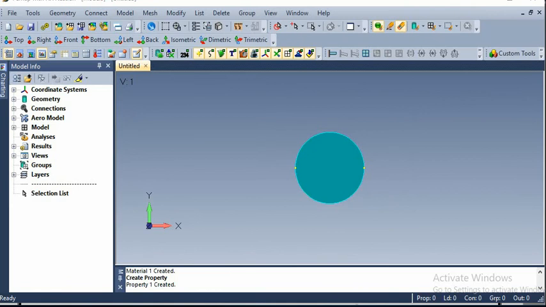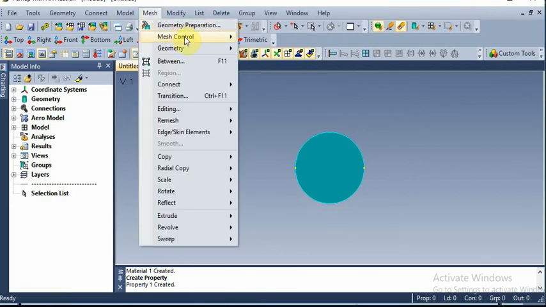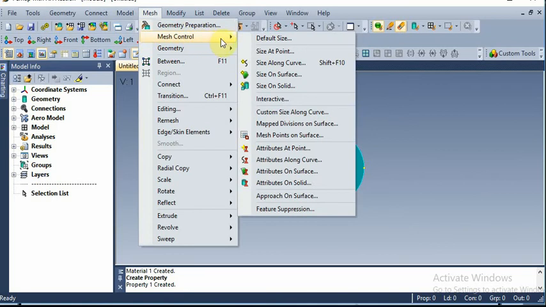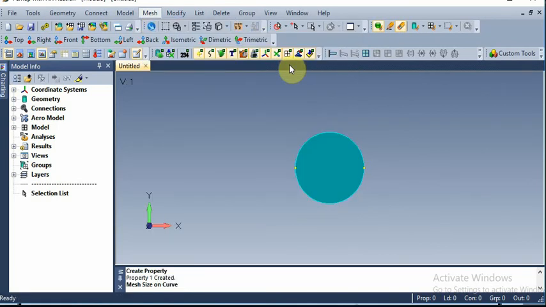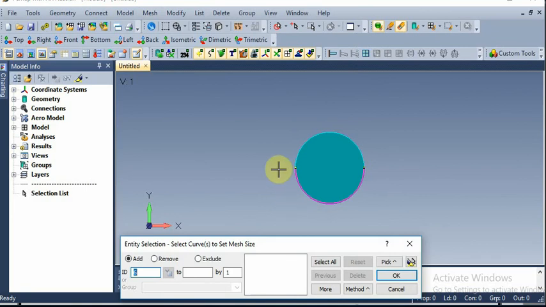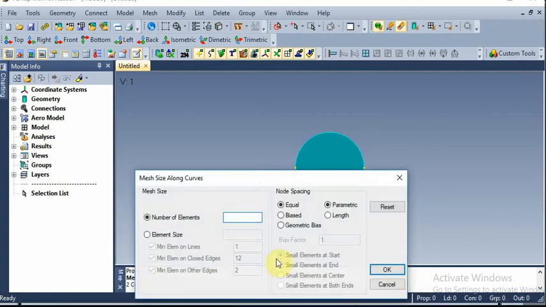Now we have to do the mesh settings. Go to mesh control, size along curve, and here we need to select both the semicircle, the bottom one and the top one. Give OK. Now have to give the number of elements as 10. Any number you can give. I am taking 10.